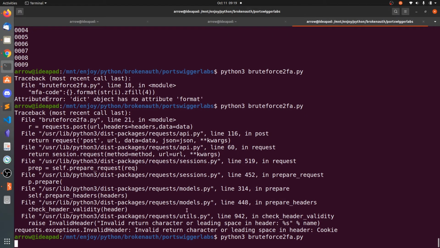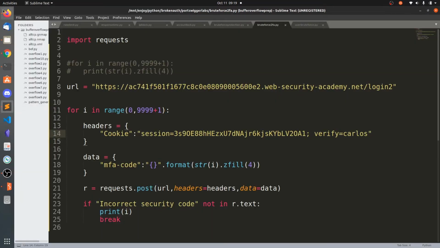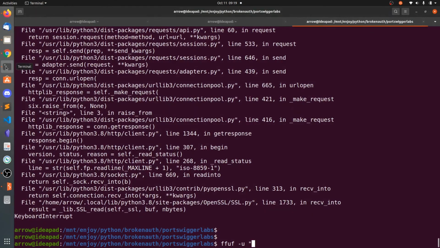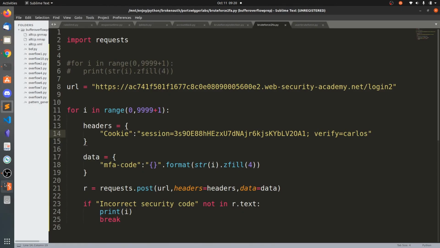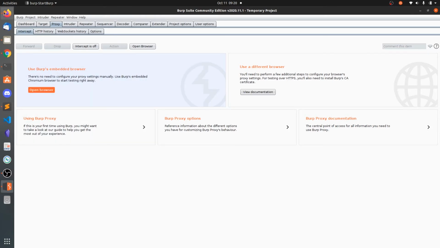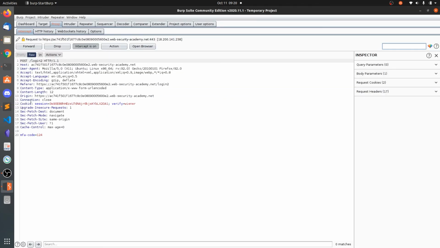Okay, it's going to take some time. What I'm going to do is use ffuf for this. So this is the URL, and you need to put the headers. This ffuf is much faster than Python, because Python has to handle the 10,000 requests.